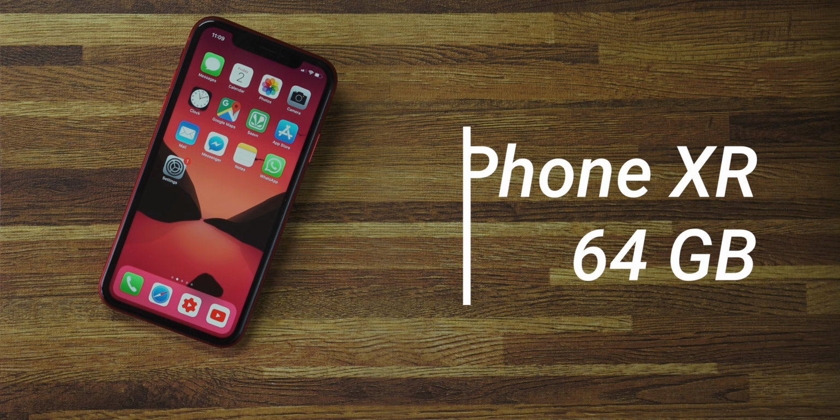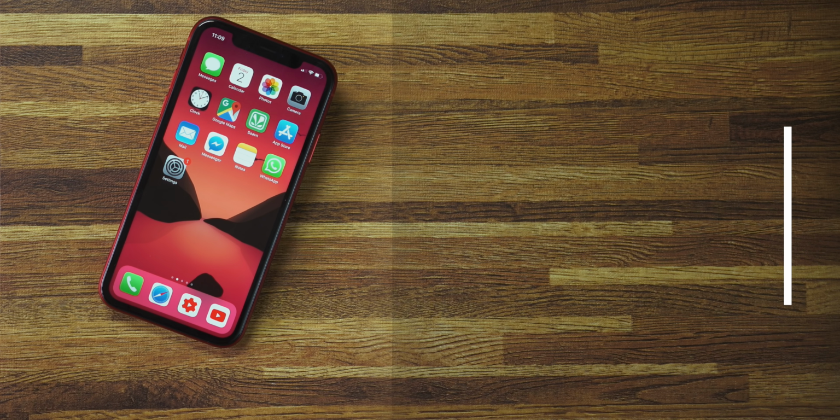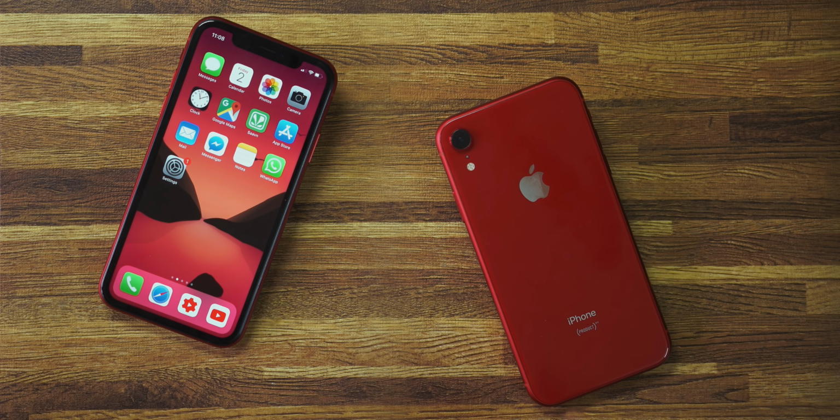Okay, so the iPhone XR, I got it on the first day itself, been using it as my main, and this is not a full review or anything like that, but just wanted to talk about a couple of things, starting with the color. So I got the product red, was actually really excited for it from the MKBHD video,